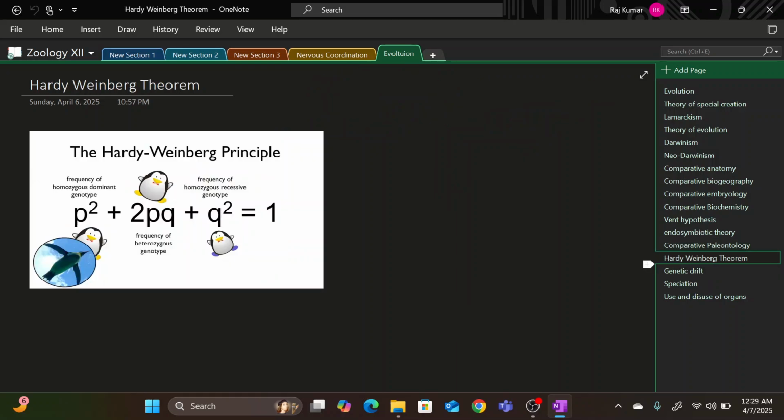Right. And now there is another concept which is named the Hardy-Weinberg theorem. The Hardy-Weinberg theorem basically tells us that it is an ideal condition. It is a theoretical condition. It tells us that the total genetic makeup, the total allelic frequency,